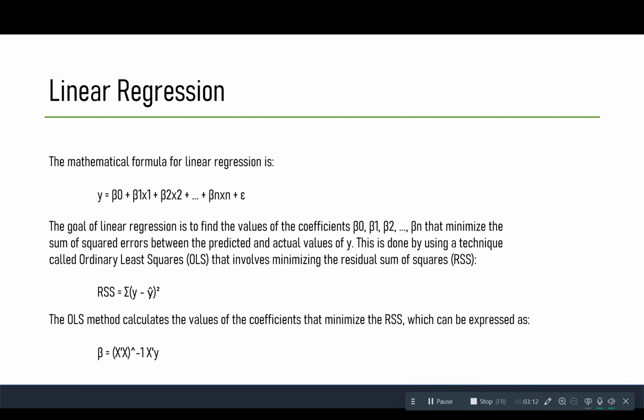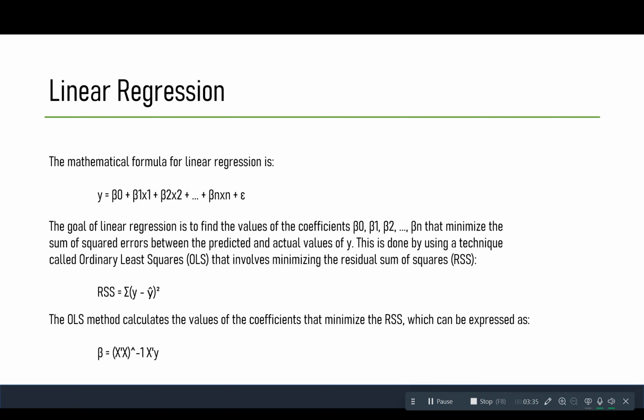Beta is the vector of coefficient. Okay, so don't get confused with these terms. These are basic equations. So once the coefficient is estimated, the linear regression model can be used to make prediction on the new data by plugging the values of independent variable into the formula. Okay, and solving the dependent variable